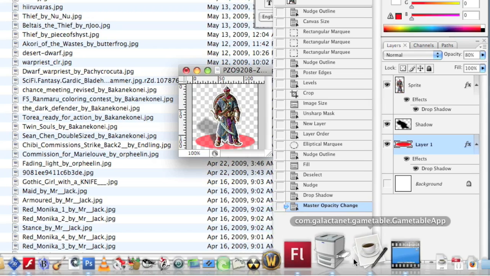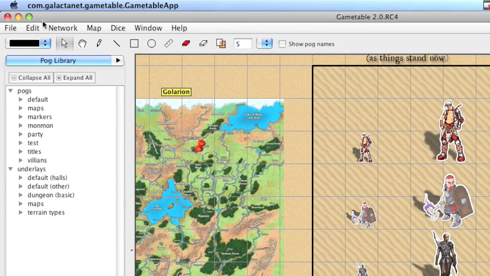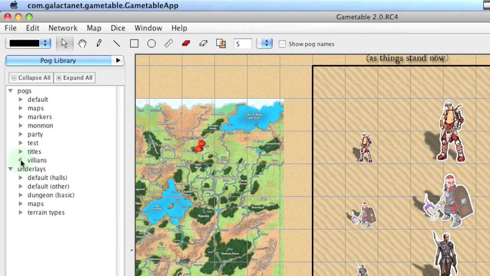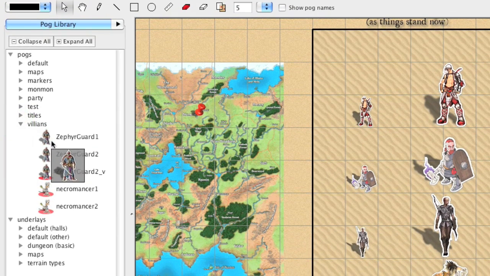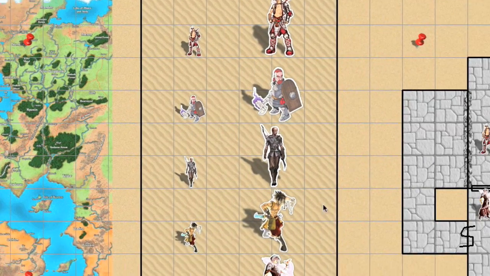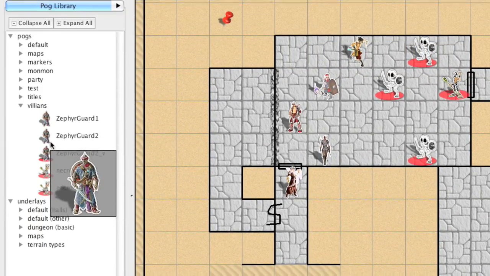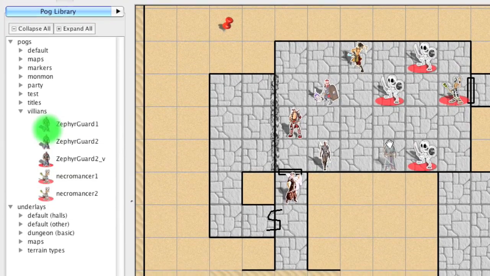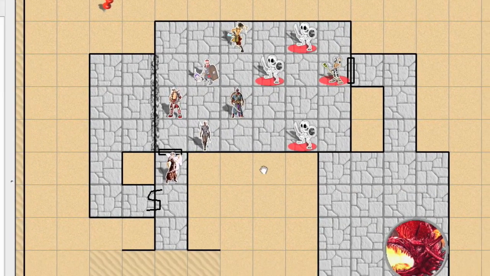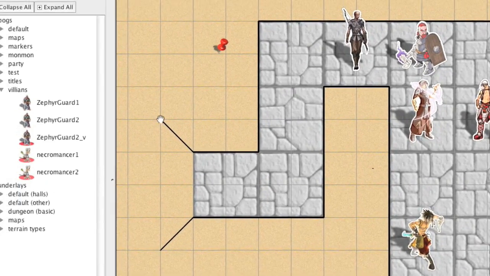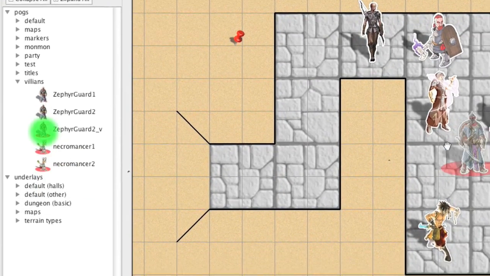All that's left really is to go into Gametable. In Gametable, we will tell it to scan for pogs. We will open up our villains directory. There they are, and then we'll bring them out to play here. Let's go over here, our smaller tactical map, and we will grab the ZephyrCard1 figure. There he is, and then we'll go over here to a larger tactical map, and we will grab the villain